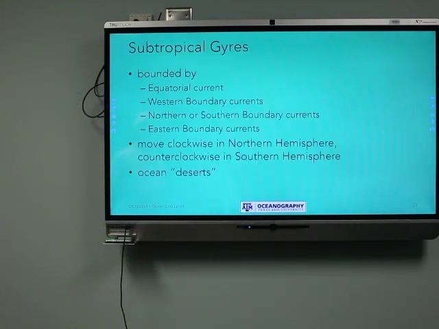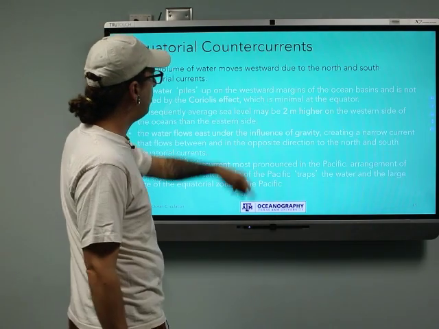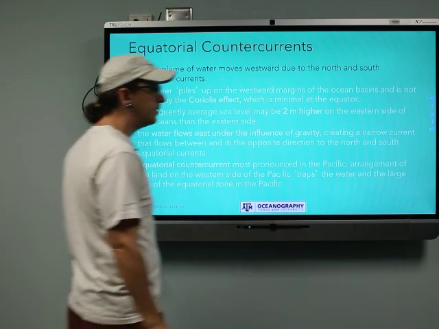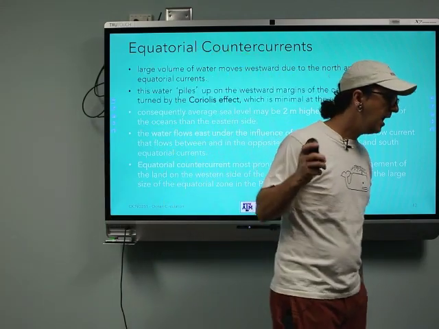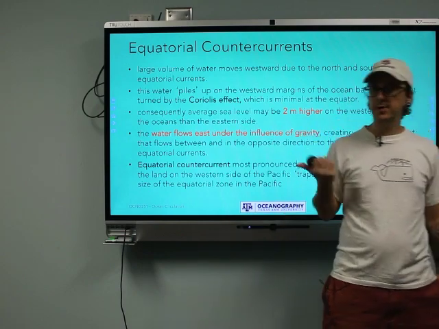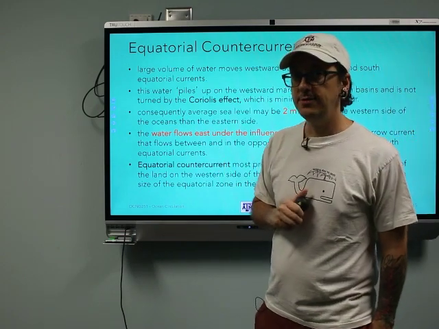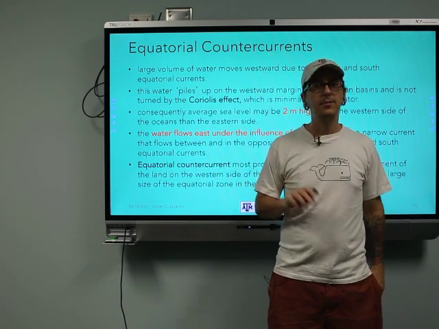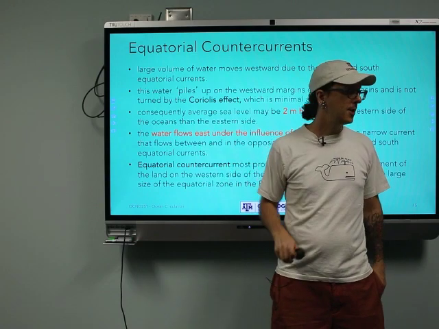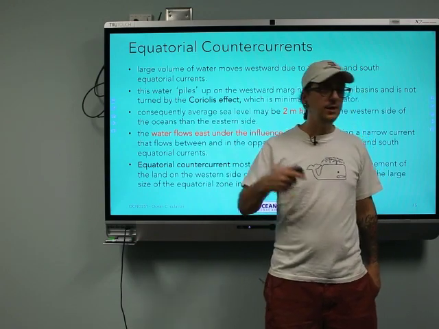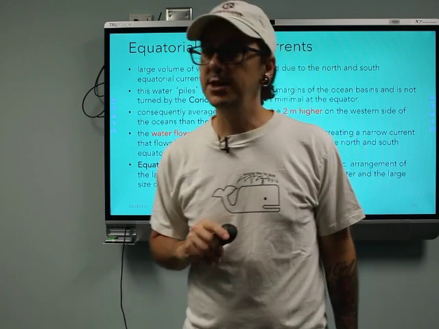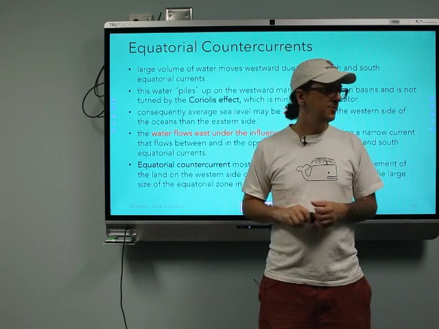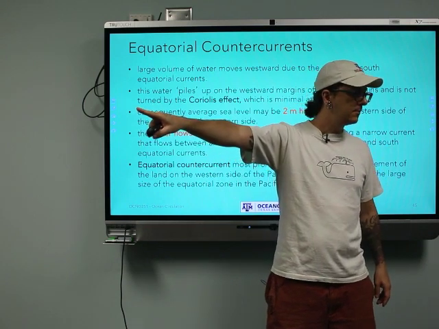Okay. Wow. We did it. We went through all of these things. This really probably could have been one chapter, but it's okay to have bite-sized pieces. So now you know about subtropical gyres. You know that eastern and western boundary currents bound those on the two different sides, resultant from winds and Coriolis. You know about equatorial countercurrents, and when we come back,